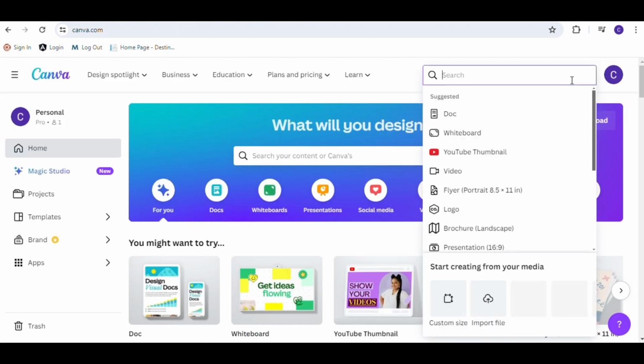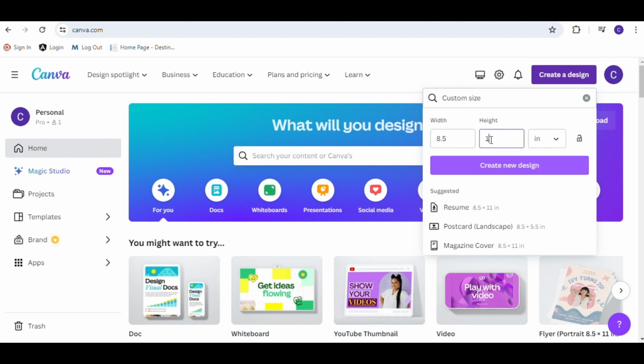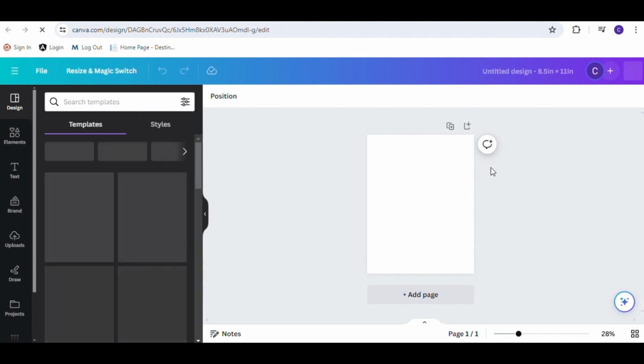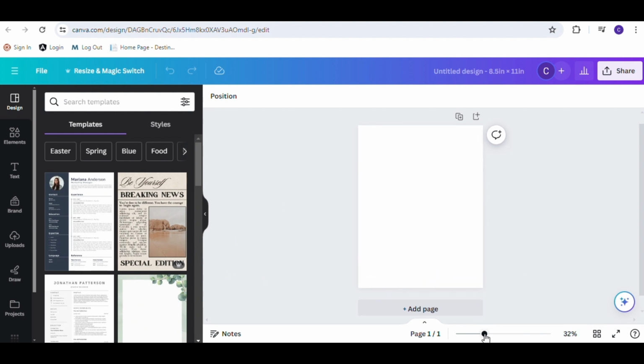So first we're going to go to create design, and you want to change it to inches and then type in 8.5 width, 11 height. And it's just a normal sheet of paper, and then you're going to hit create new design. And once it loads, there's a toggle at the bottom that you can zoom in and out, and you can just zoom in or out to however you like to see the page. And then once that's done, you're going to click elements,